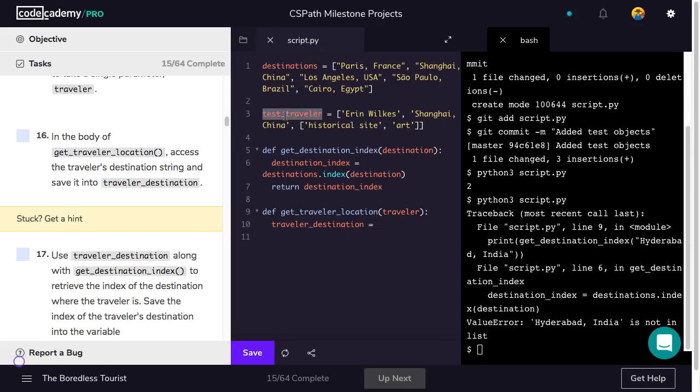Based on this test traveler, I see that the destination is the second element in the list, or it's the element indexed at 1. So based on the traveler that we pass in, and if all the travelers that we're